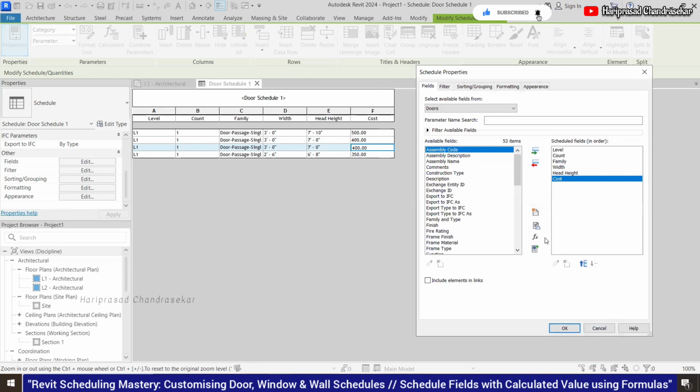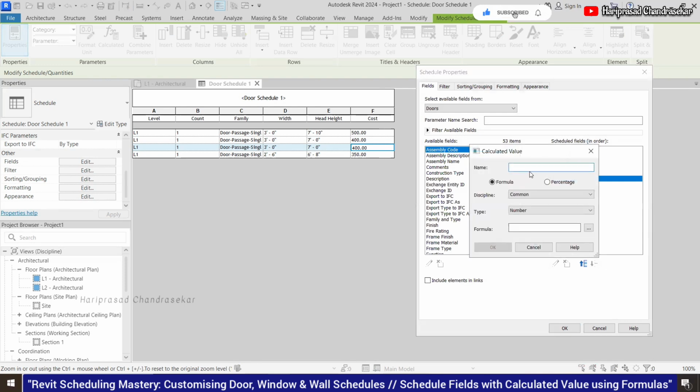But actually, what I created is a new parameter. But you can also create a calculated parameter. That new parameter will not work. So you can use calculated parameter.